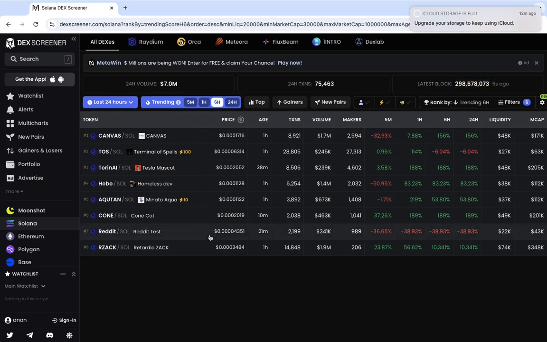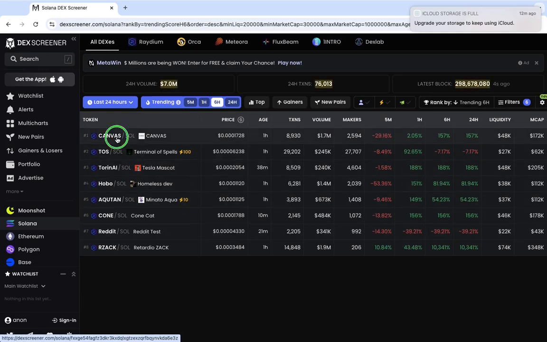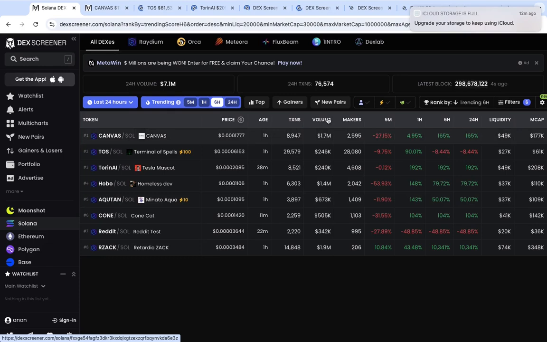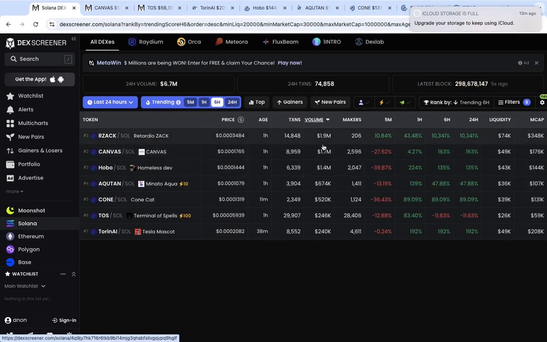So there's also some other stuff in here. So what you have to do is, because you're working with time, just open new tabs and then figure out what is happening with these guys, and do your quick research. First of all, filter them by the highest volume, the hierarchy based on the highest volume, because obviously, more volume means more potential. Okay, so right now, the first one, my priority is going to be Rzak,